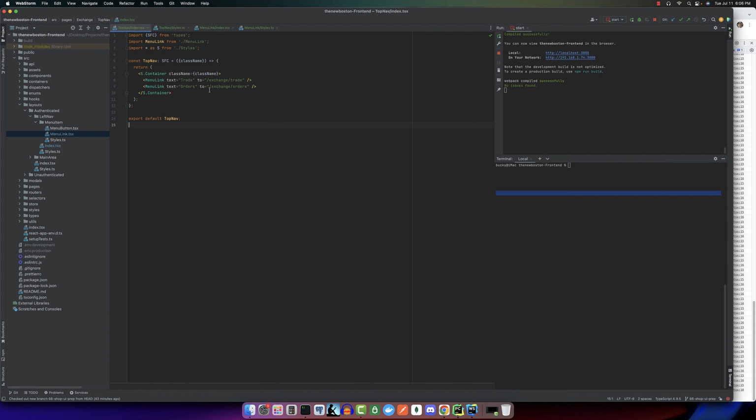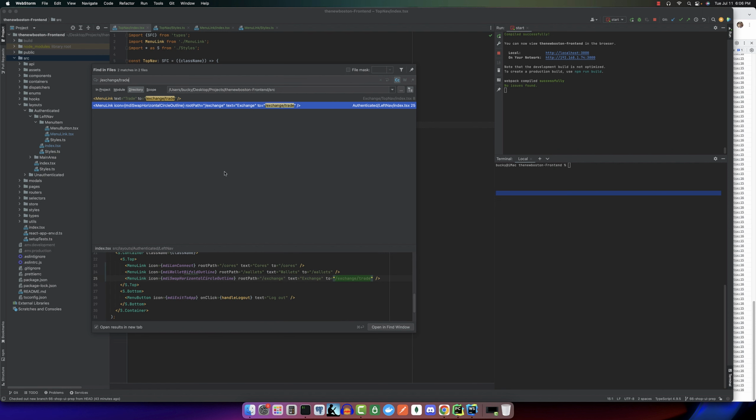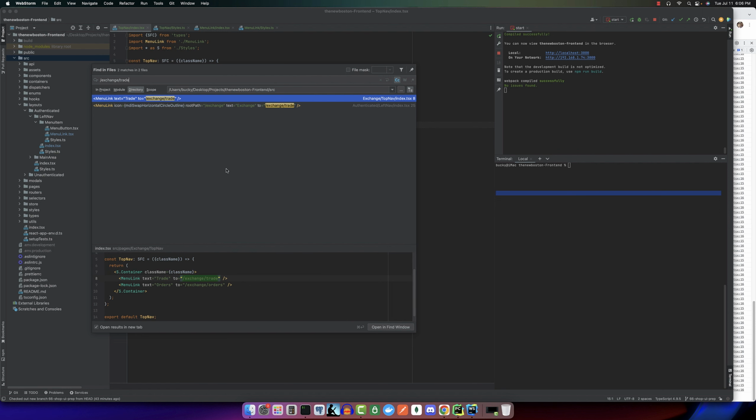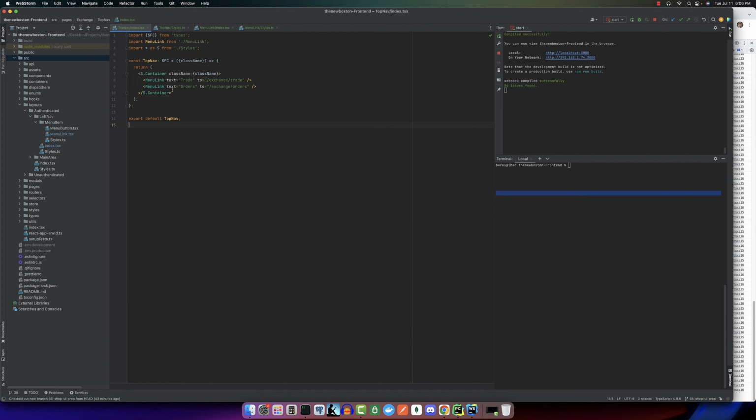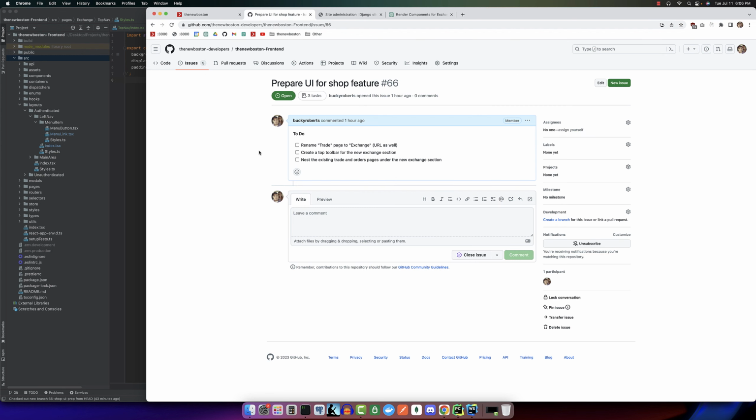Another question that I wanted to ask you is, you see how I have these paths pretty much hard-coded in my menu link, and then in my routing logic as well. Do you guys use constants for these? It always feels weird hard-coding in those paths. But anyways, let me